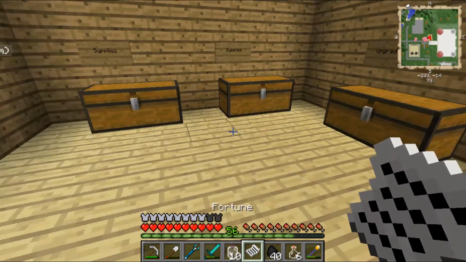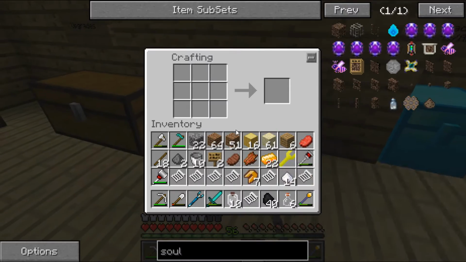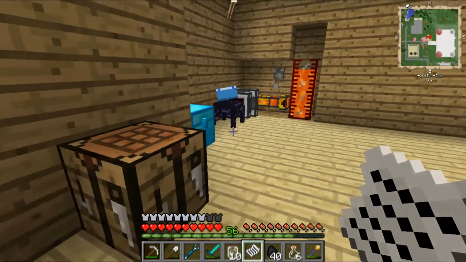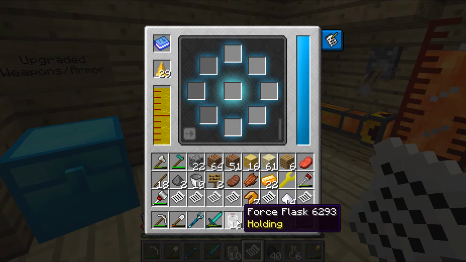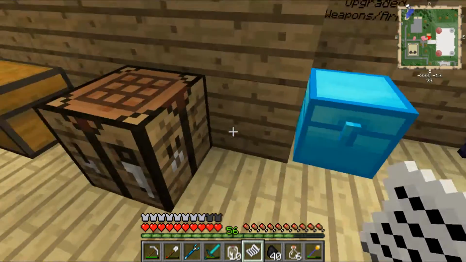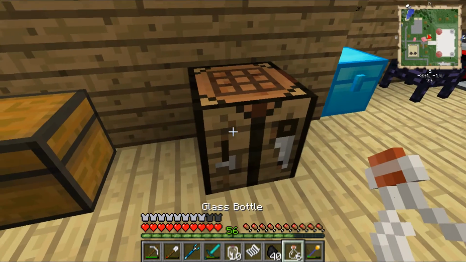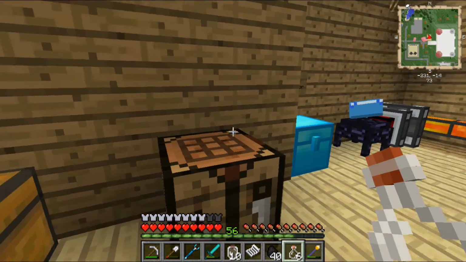Alright, so let's see. Let me just take this fortune. I'm not responsible for this. So what I'm going to do is on my pickaxe... No, I'm going to make... What should I make? Oh yeah, I think what we're supposed to do is if I take a bag of holding... Oh, that's right. Okay, so...